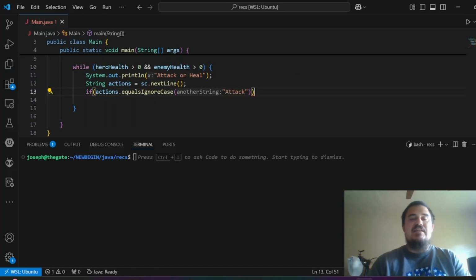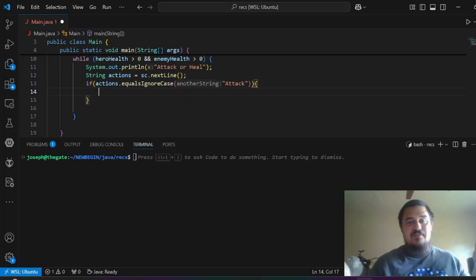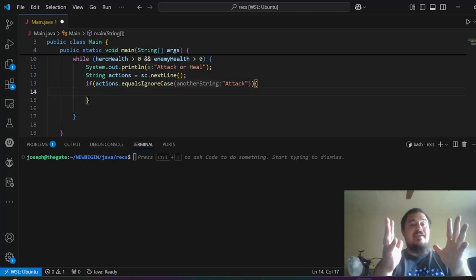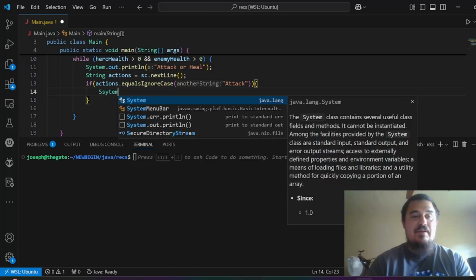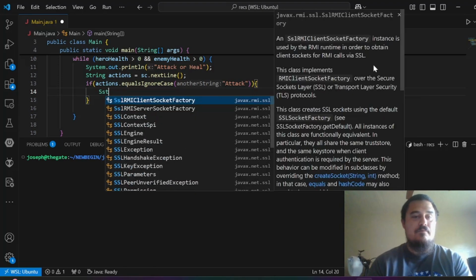So essentially, it doesn't matter if you put a capitalized A, capitalized T, lowercase t, capitalized A's. It doesn't matter. What we're looking for is the word attack, ignore the casing. Now, like I said, we can handle this multiple ways. I just wanted to show you a more unique-ish way that's kind of fun to do it. So if the choice was attack, okay, then we want to attack as the player, right? So we will do a small System